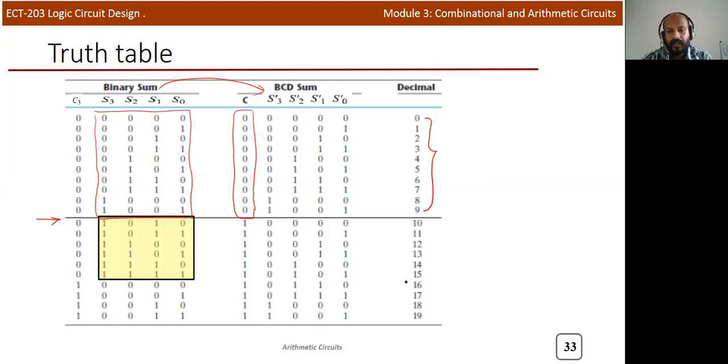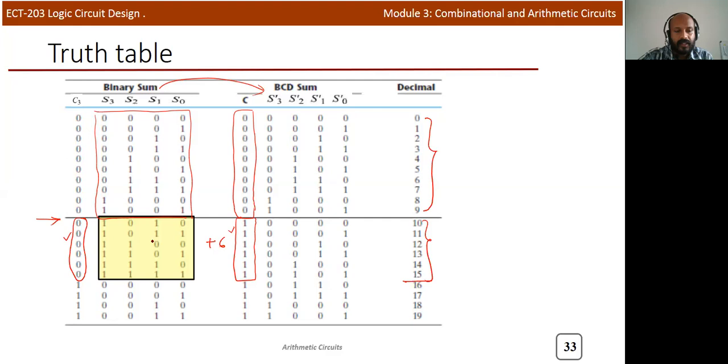When the result is between 10 and 15, there is no carry value in binary addition, but the result we need to convert. So we'll add 6 in this particular case, and after addition there will be a carry. Okay, you can see there is a carry. So in this case we need to generate a carry in the BCD sum. So here the carry is equal to 0, but here the carry will be 1.